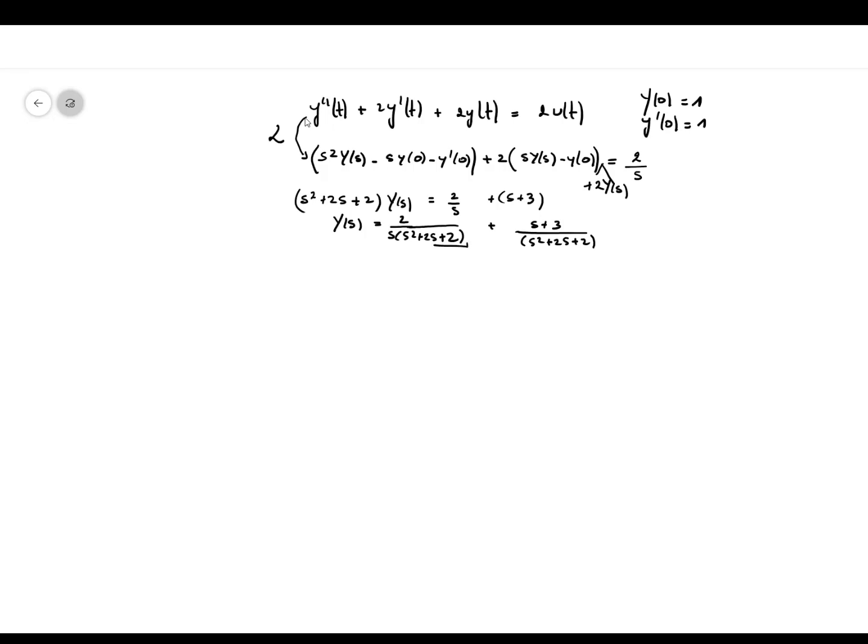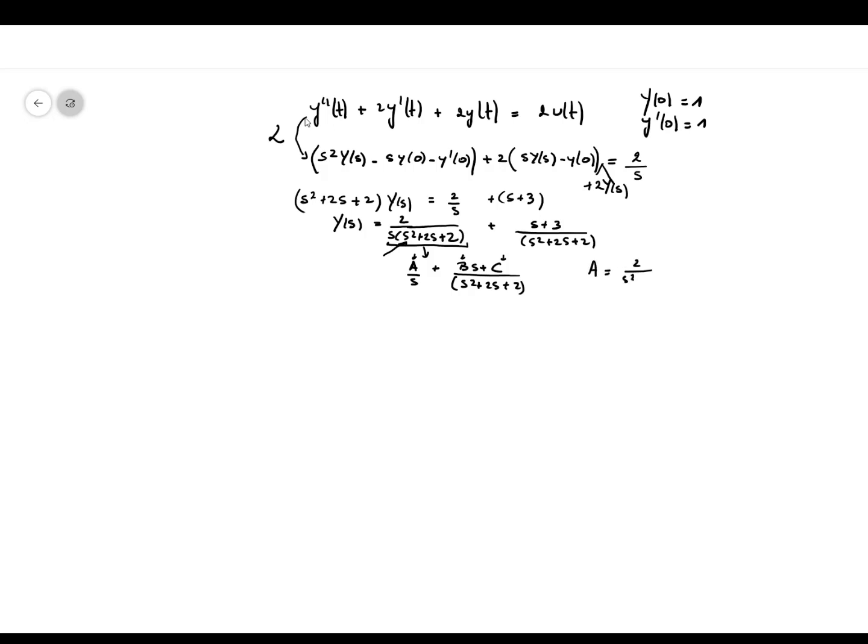So what I'll do is decompose this one as A over s plus B over s plus C over s squared plus 2s plus 2. Remember, over here the denominator is a third order denominator, so we need 3 constants: this one, this one, and this one, right? So A, we can obtain it as follows. So A is, well,